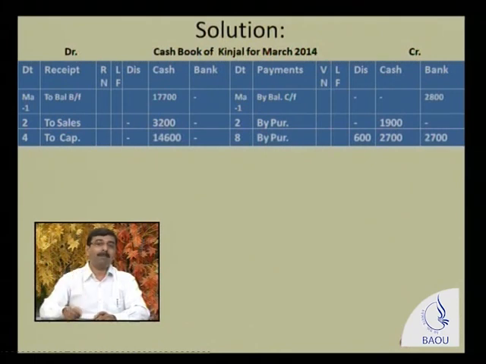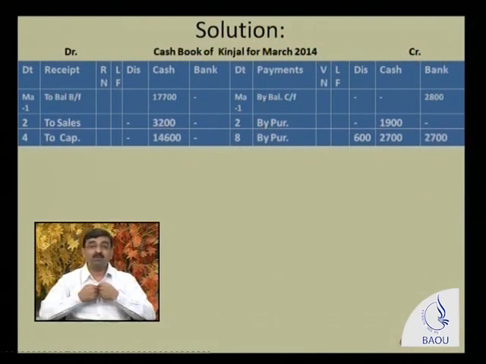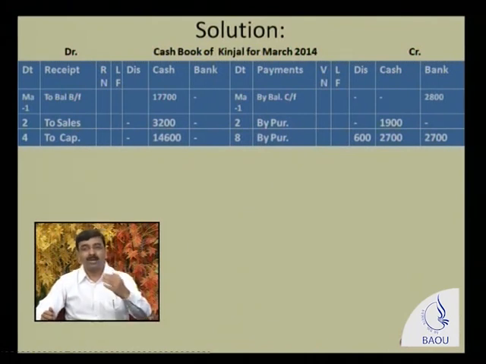So now see, on the payment side, date is 8th, in the discount column, 6,000 at the rate of 10%, 600 rupees. Now 6,000 minus 600 comes to 5,400 rupees. The remaining amount is 5,400 rupees. Half of the amount is paid in cash and the remaining half is paid through check. So 5,400 divided by 2, 2,700 each. So 2,700 rupees paid in cash goes out. That's why 2,700 rupees is written in the cash column and the remaining 2,700 rupees paid through check is written in the bank column.